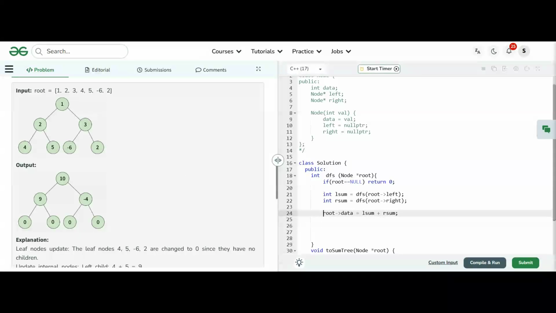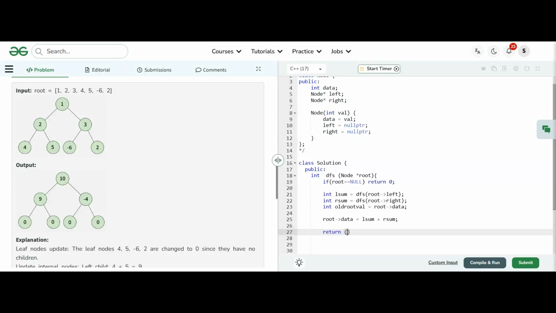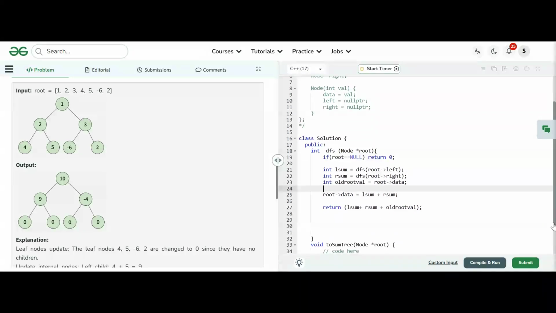Here I am changing the root dot data, so I will take the old root val, equal to root dot data, and then return L sum plus R sum plus the old root val. Even here I can replace L sum plus R sum with root dot data, but these are the same things.